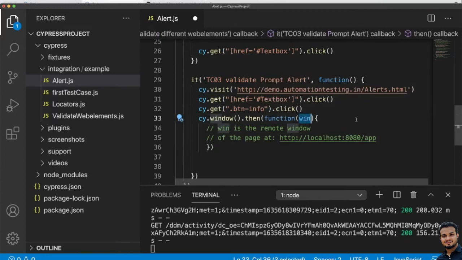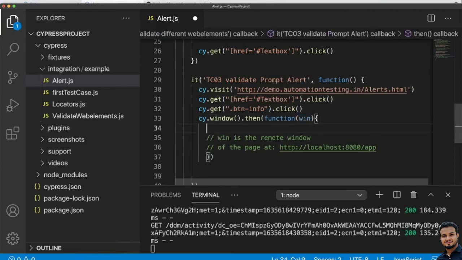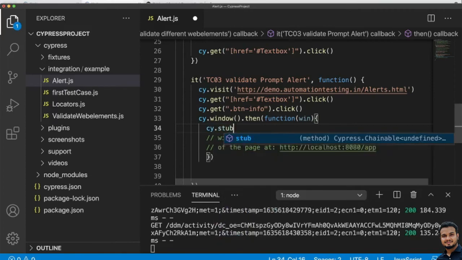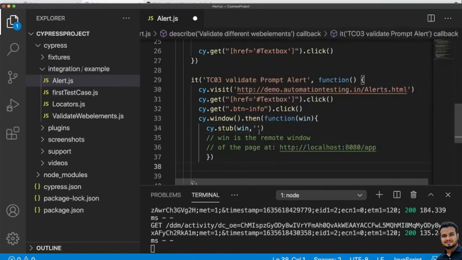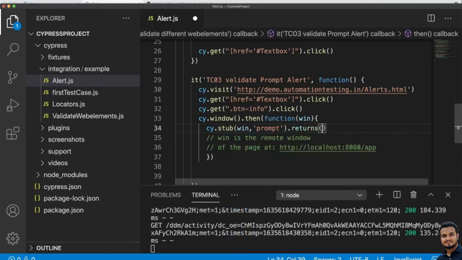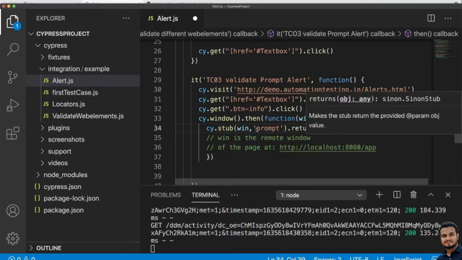In this we can write cy.stub. Here you can write win comma, then inside single quote you can write prompt. Then what you can do, dot returns what you want to write here. Whatever you want to write here, you can write the same thing.